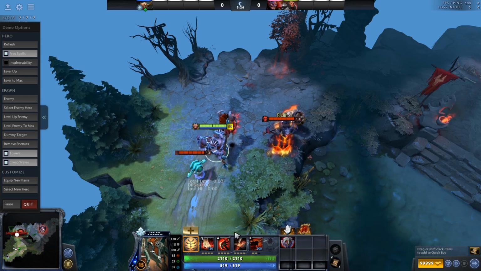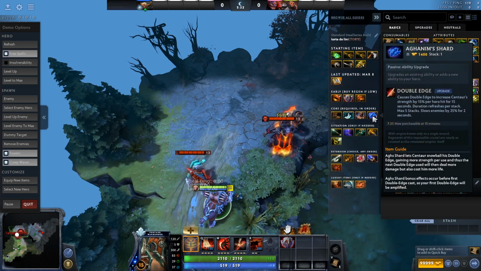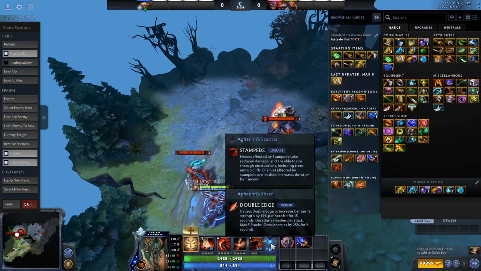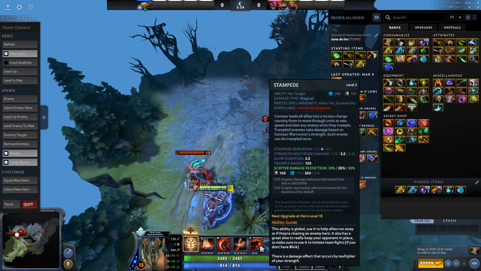So a very, very good all-around hero, kind of like you see here. Those are all of his main abilities. Now, I will actually talk about the Shard and the Ags. So the Ags is pretty good, because what the Ags does is it upgrades your Stampede, and now what happens is